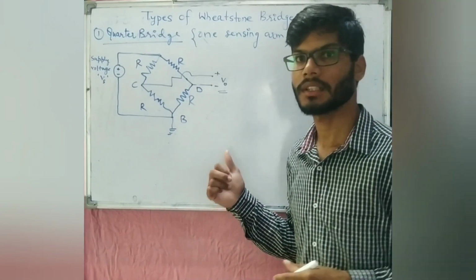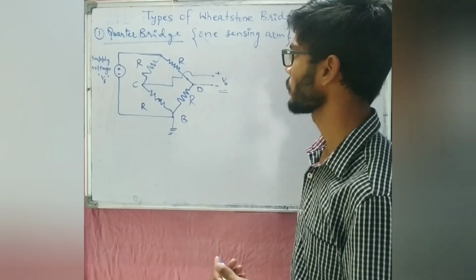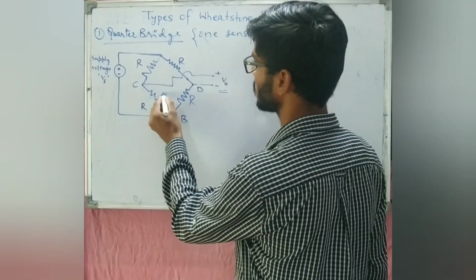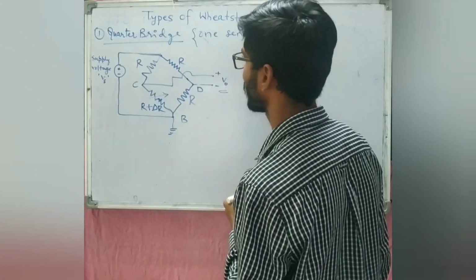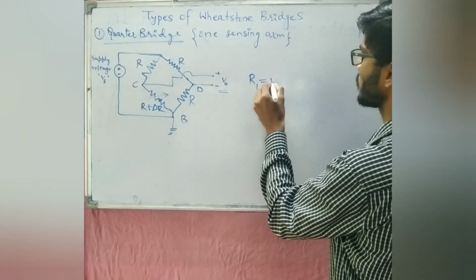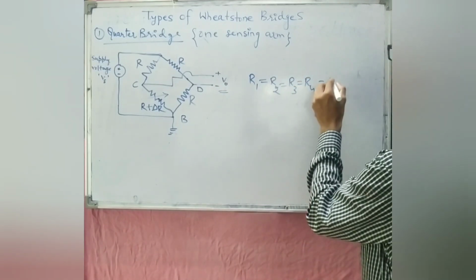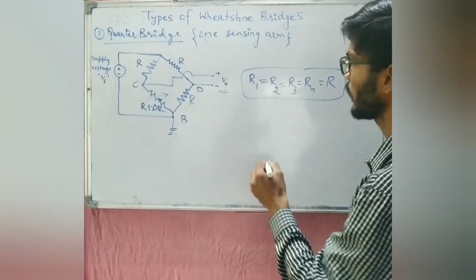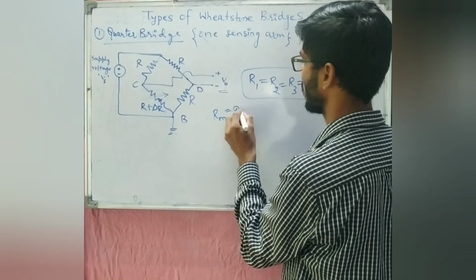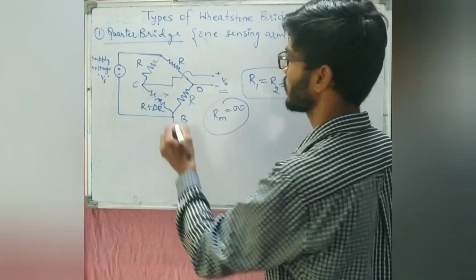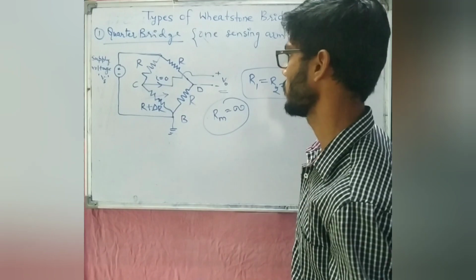In the quarter bridge there is going to be only one sensing arm, and out of all four I can assume any one as the varying one. So I am assuming the arm resistance between C and B is going to vary, and the resistance is going to be R plus delta. One more important observation is that in the beginning you have to assume that all four arms of the Wheatstone bridge are equal. And also, as I already mentioned, the voltmeter which senses the output voltage at points C and D should have infinite resistance so that it does not draw any current in this path, and we can simply apply the voltage division formula here.